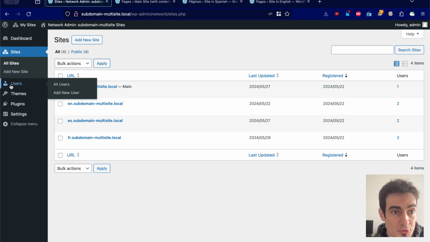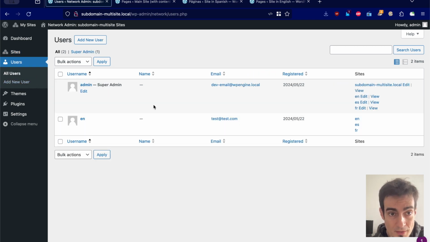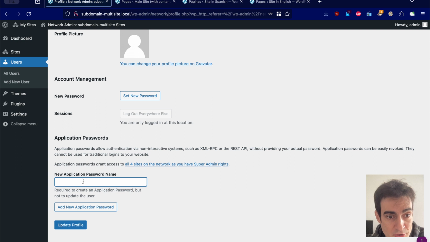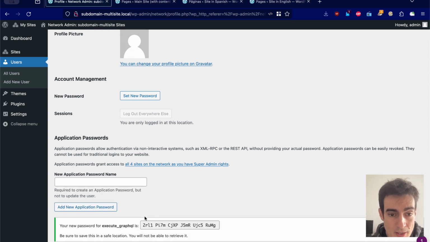So we will need to have our user added to all websites so that it can create content on all of the websites. So this user, the admin user, I have added it to the English, Spanish, and French websites already. And we need to connect using application password. So let's create a new application password. Let's call this execute GraphQL,